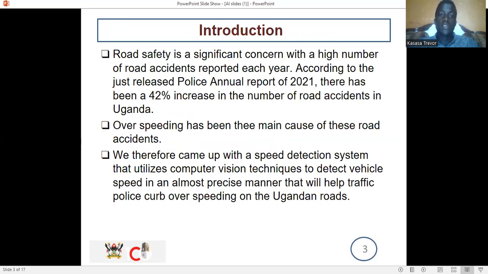We know that road safety is a significant concern with a high number of road accidents reported each year. According to the just released police annual report of 2021, there has been a 42% increase in the number of road accidents in Uganda. Overspeeding has been among the three main causes of road accidents. We therefore came up with a speed detection system that utilizes computer vision techniques to detect vehicle speed in an almost